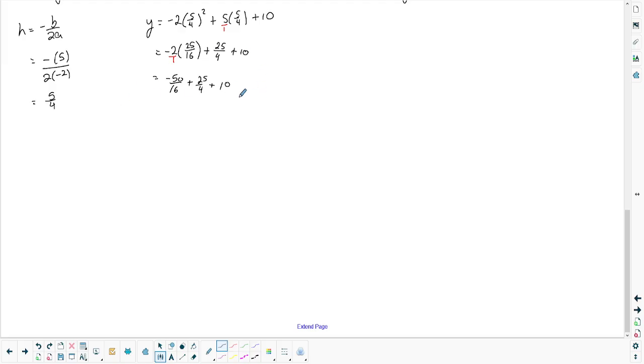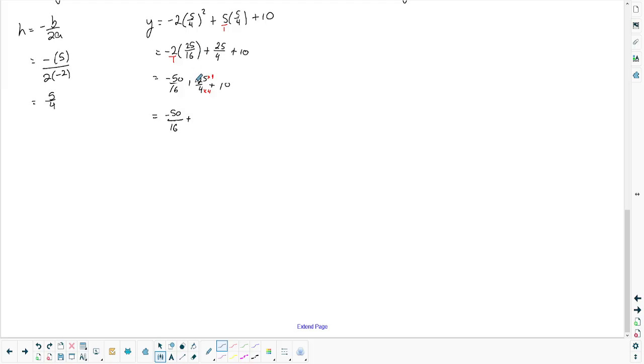So to add this all together, we need a common denominator. The easiest one would be 16, because 4 goes into 16. So the first fraction can stay the same. Oh, sorry, it's not 150. That is just -50 over 16. And up here, we're going to need to multiply this guy by 4 and this guy by 4